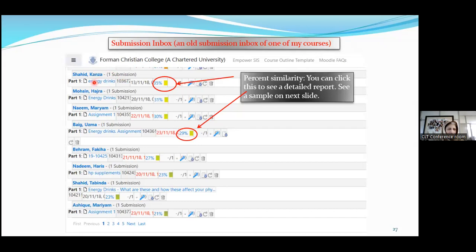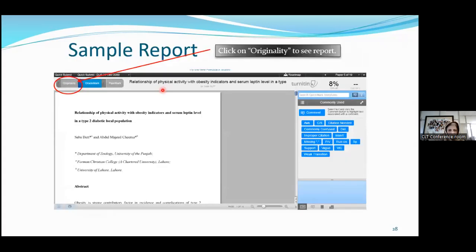Their name, the topic of their presentation, then we could see how much similarity index they have: 35%, 31%, 30%, 27, 23, maybe 1, 2, 3, 4. It could be different. Now when you want to check the details of this, you have to click this particular place. When we click it,